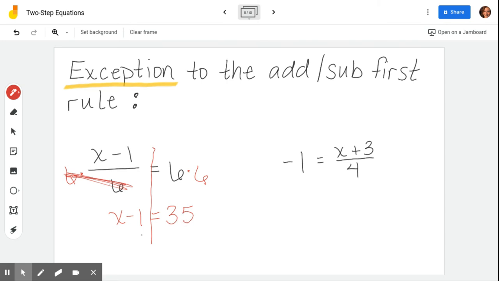Now it's a one-step equation. The opposite of subtracting 1 is adding 1, because you want to know what happened before you took 1 away. So you put it back in, and you find out that x equals 36. Let's just talk through this one to check it. If I do 36 minus 1, I get,